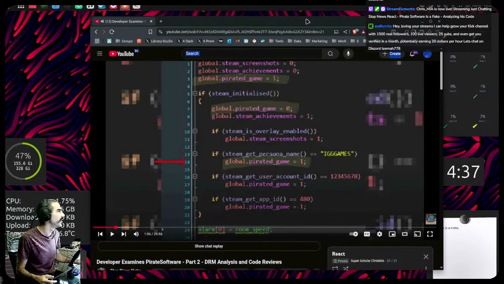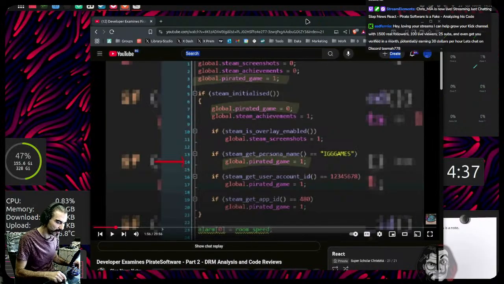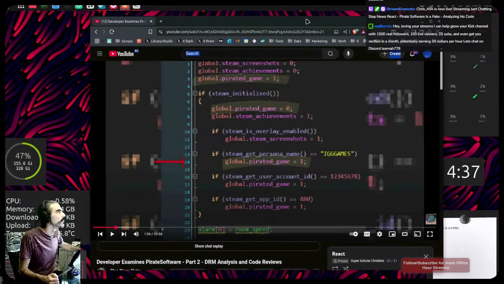In a case like this, you will have a way to check not if it equals IGG Games, being that IGG Games is the particular hacked version of Steam, because they have some weird clients that basically let you bypass all kinds of things. The key here is that you would check if not equal Steam. That's it. If not equal to Steam, which means anything. It can be IGG Games, it can be whatever other possible string, but Steam has its own unique identifier.